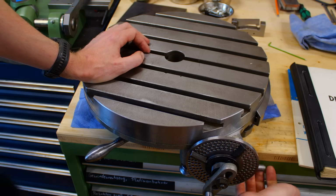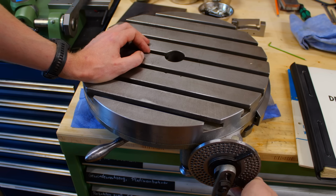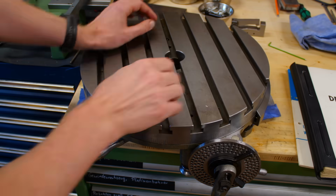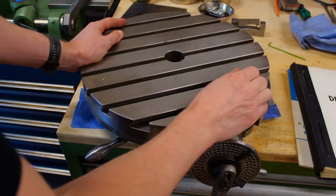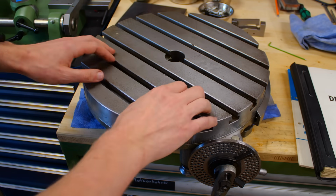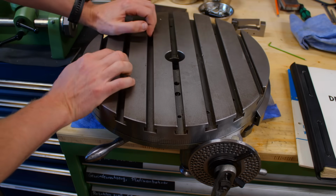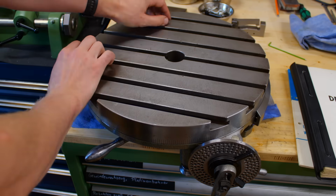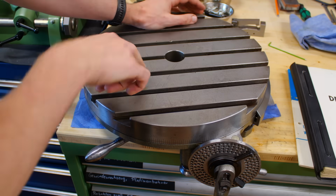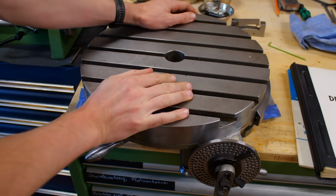We have the option to disengage the worm, like on most rotary tables. And then we can free spin the table. For example, if we mill something like plastic, or you can go over very high feed, you can just disengage it and spin it by hand. Or when you indicate your work and you don't want to crank here for all eternity to center up your work, you can just disengage the worm and spin the table by hand